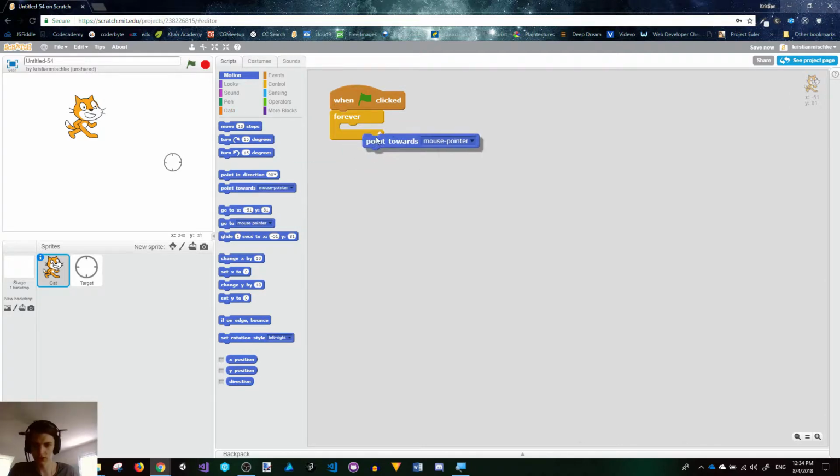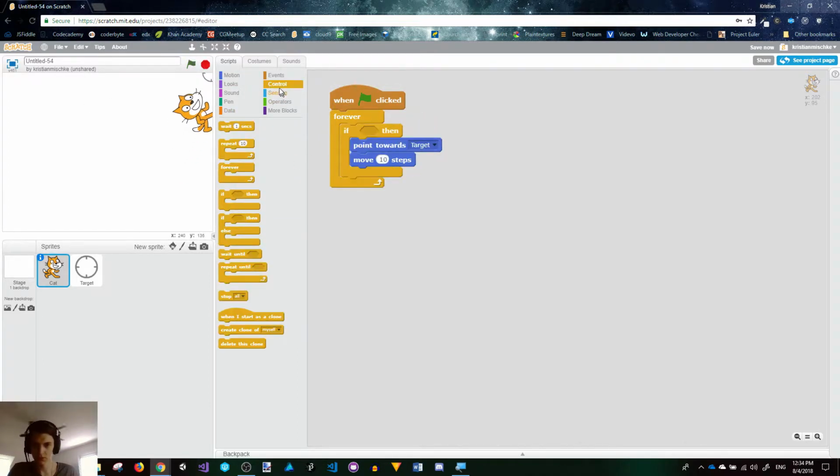So we could point towards, instead of the mouse pointer, point towards our target. Then we will move 10 steps. And there, now it's at the target. Looks all crazy, just like the mouse pointer. We're going to do that same little trick. We'll just do if